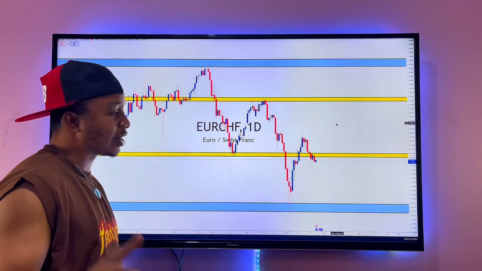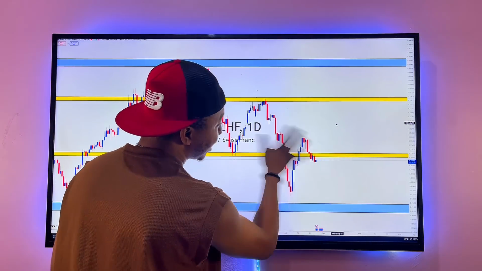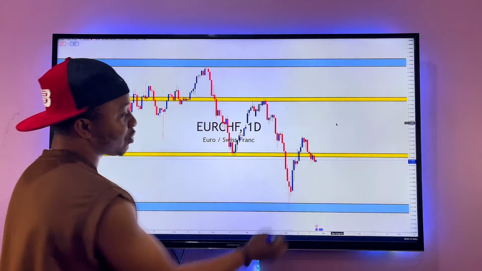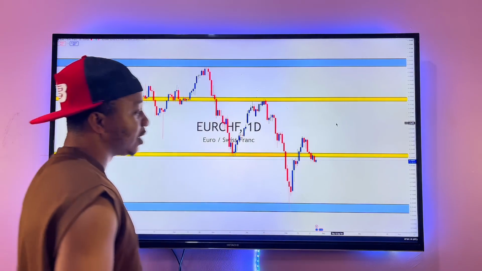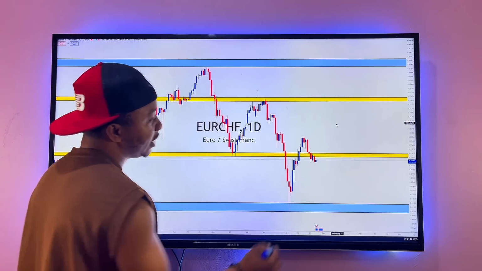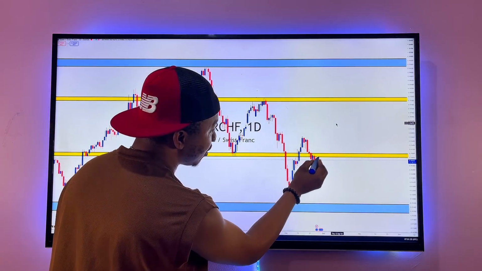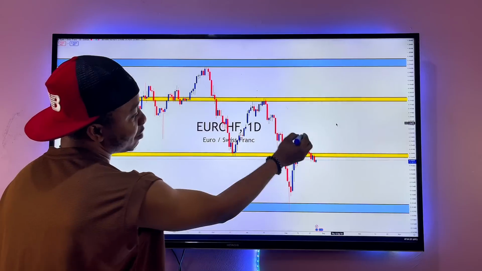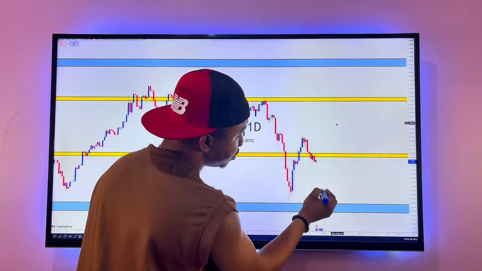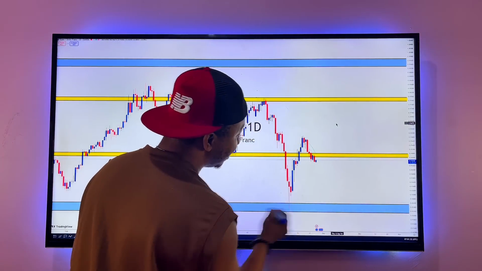But before we go to the forward time frame, we look for what? An entry to the downside. Let's look for clues that tell us that price is going to drop all the way to the downside. So if you look at the day time frame, what you're going to notice is some strong bearish candles over here. We even have what? A bearish engulfing candle over here, which tells us that what? There's more sell pressure here that will be able to push the market eventually to the next monthly support